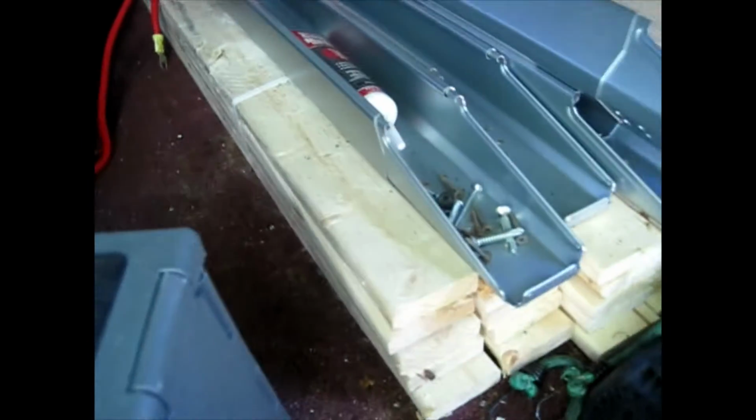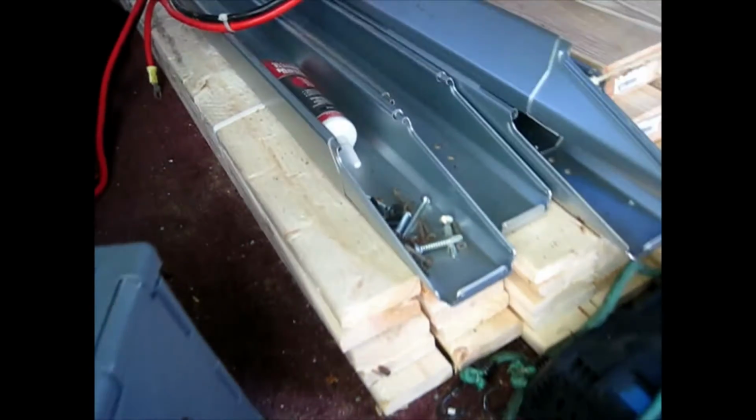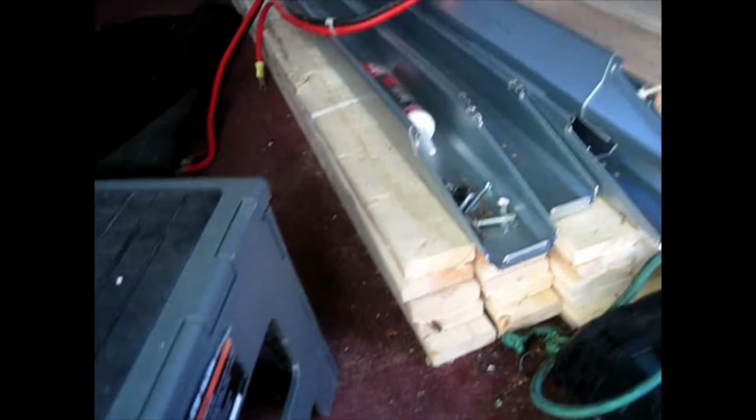These are the sliding slats. I'm going to make them out of this stuff right here. There's so many of them. I'm going to put them together so that it should hold my weight, about 270. Also, I bought this cheap